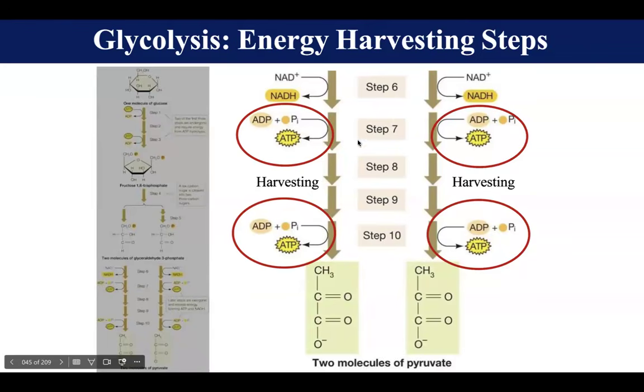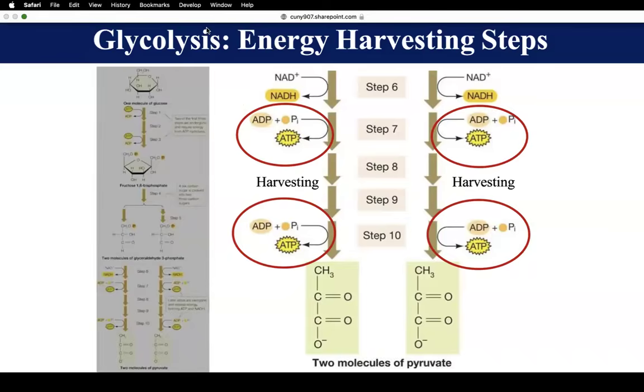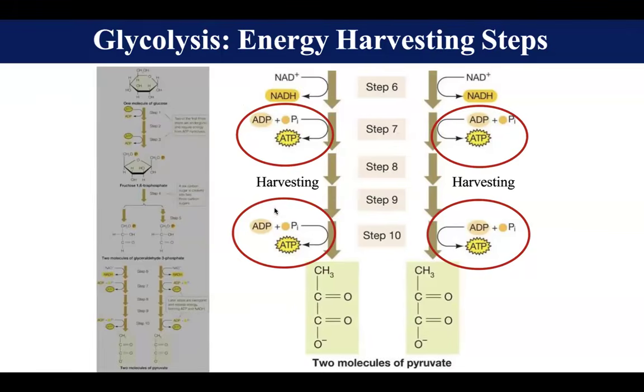You're not going to have to know each individual step. However, for glycolysis, you should know: you start with one molecule of glucose. That glucose becomes fructose 1,6-bisphosphate thanks to two ATP molecules giving up their phosphates. That fructose 1,6-bisphosphate gets cleaved in half so it can form two identical molecules of G3P. And then those G3P become pyruvate, and four ATP molecules are formed and two NADH molecules are formed. NAD plus is an oxidizing agent in step 6.